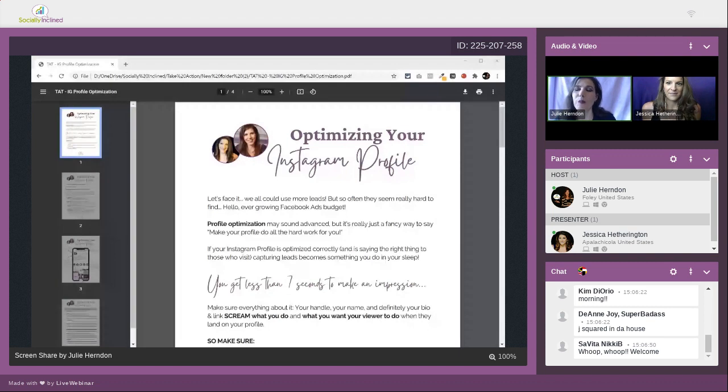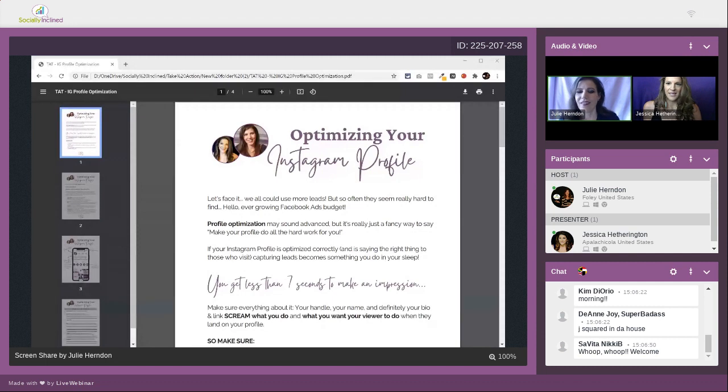Even if you don't post regularly, you can use Instagram as sort of a little mini website. So you want to get it optimized and at least post once a week. Anyone can do that. That is at minimum. We talk about posting all the time and consistency. Consistency wins 100% of the time.